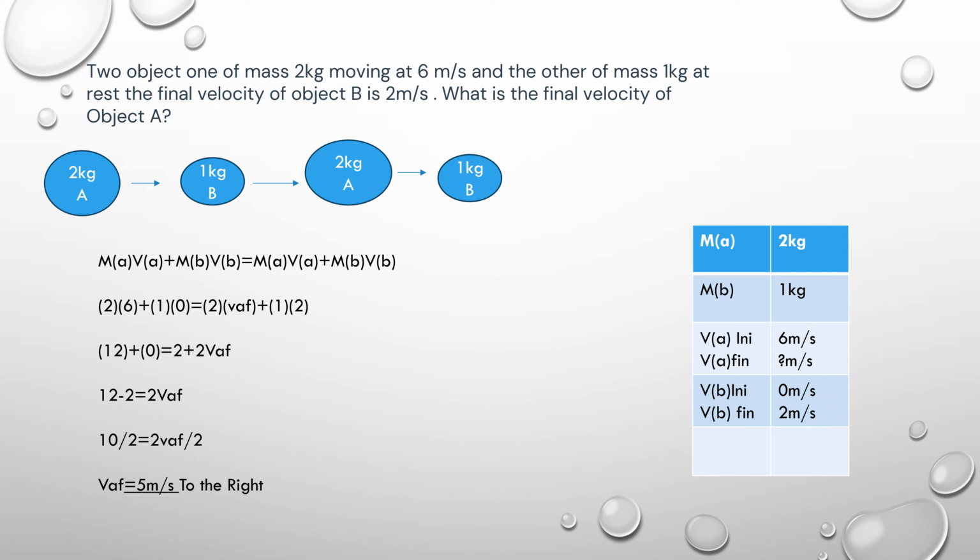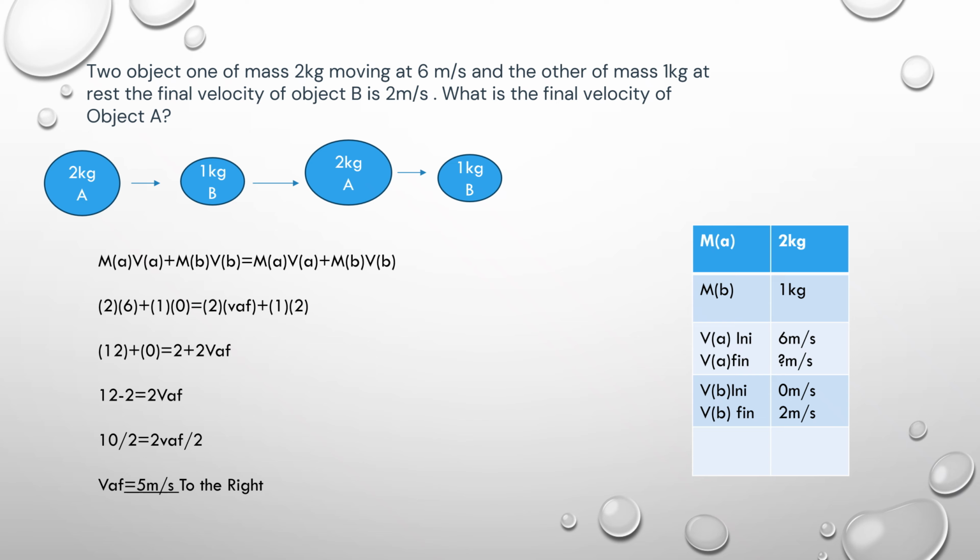times velocity of B. So in this case, we don't have to take velocity outside the bracket because they don't share the velocity. Each object has its final velocity and its initial velocity. So we have our mass, which is 2 kg. The initial velocity for object A is 6. So we're going to say 2 times 6. We're going to have 12. Then 1 times 0 is equal to 0.